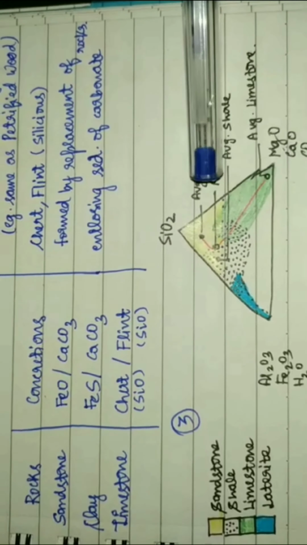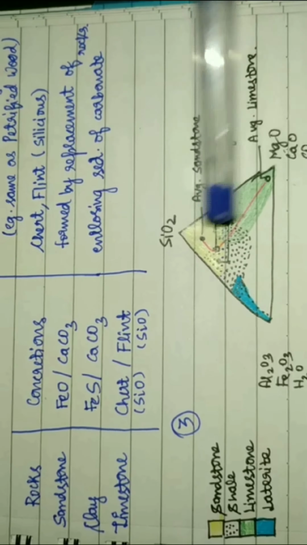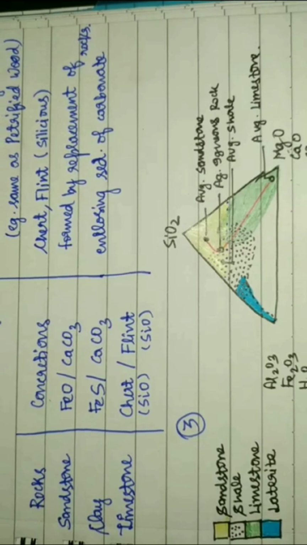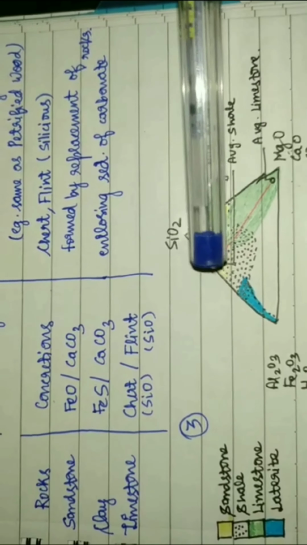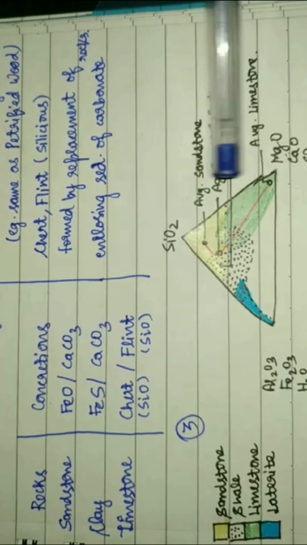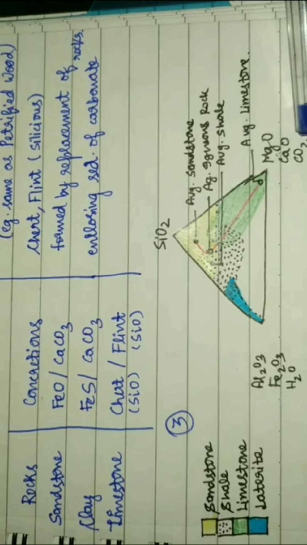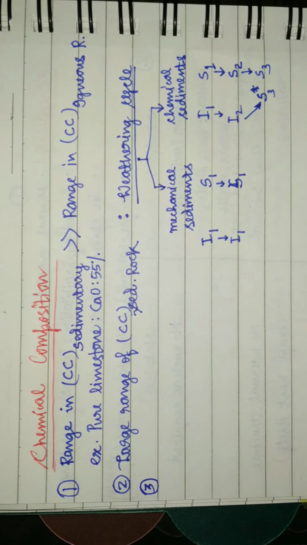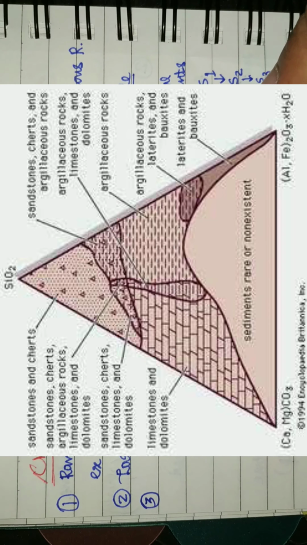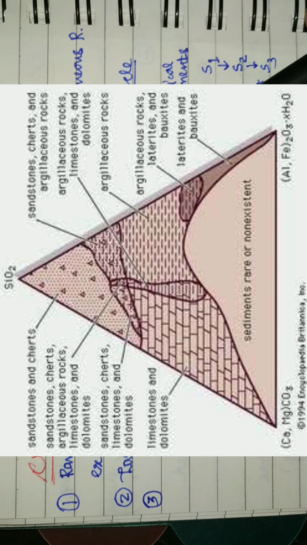Now here you can see the average sandstone is somewhere here, below which is average igneous. To the left of average igneous is average shale, and at the last, having a significant amount of MgO, CaO and CO2, we have limestone. Now the first statement: the range in the chemical composition of sedimentary rock is much larger than